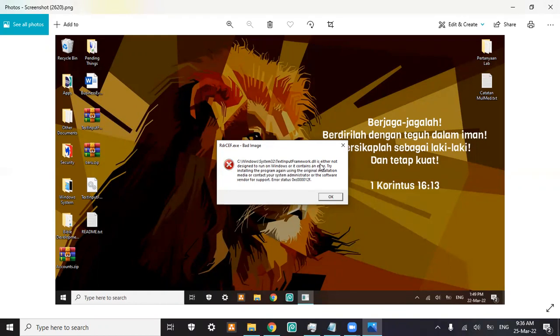When we click OK or close it, it will pop up again and again, and we must end it in the task manager. So how to fix it?